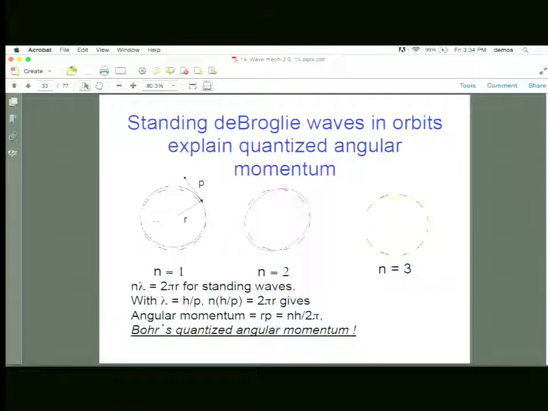Yes, sir? What is the H, Professor? The what? The H that circles it, just a hydrogen atom? You say R of R, H. Oh, that is supposed to be capital theta. That's supposed to be capital theta. It's a function of the angle theta only. It's the function capital theta.